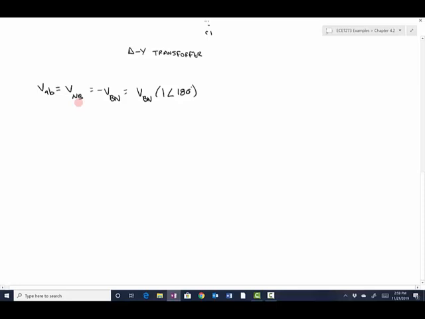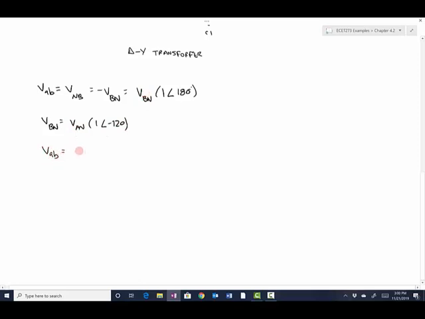All right. So we know that in a three-phase system, we can get VBN if we knew VAN. Three-phase systems are always 120 degrees out of phase. And the relationship is that in the three-phase system, the B phase to neutral value, or the phase quantity, is equal to VAN, and we're using an ABC phase sequence, so that's VAN times 1 angle negative 120. So what I can do is I can just plug this value in for VBN. So I get